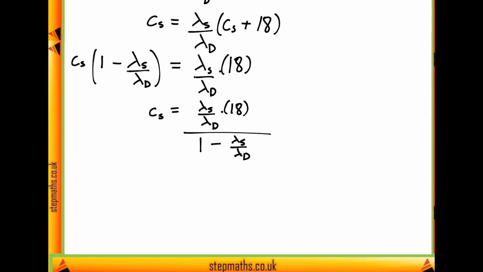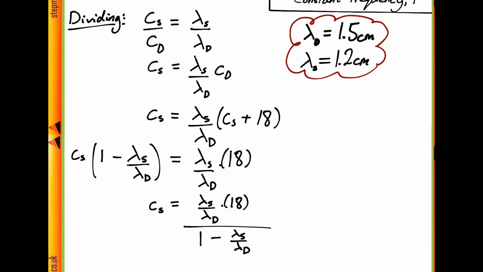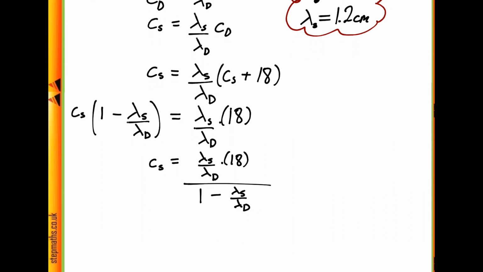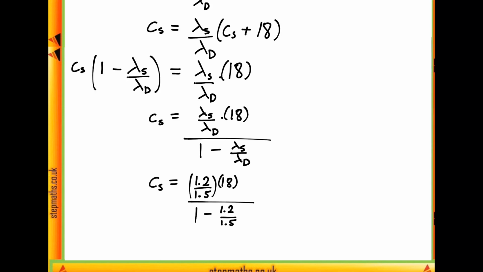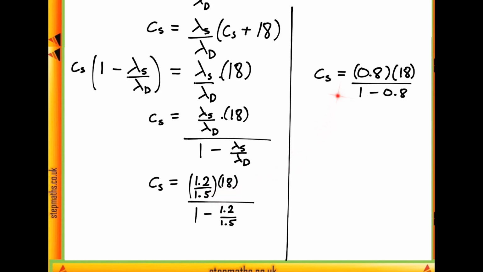So we know from before that lambda D is just 1.5 centimeters and lambda S is 1.2 centimeters. So we can substitute these in like this. Since 1.2 divided by 1.5, our ratio of wavelengths, is just 0.8, our speed in shallow water becomes this expression here, which with some multiplication we see becomes 14.4 divided by 0.2. Dividing by 0.2 is just the same as multiplying by 5, so we know that this is going to give us a speed of 72 centimeters per second,